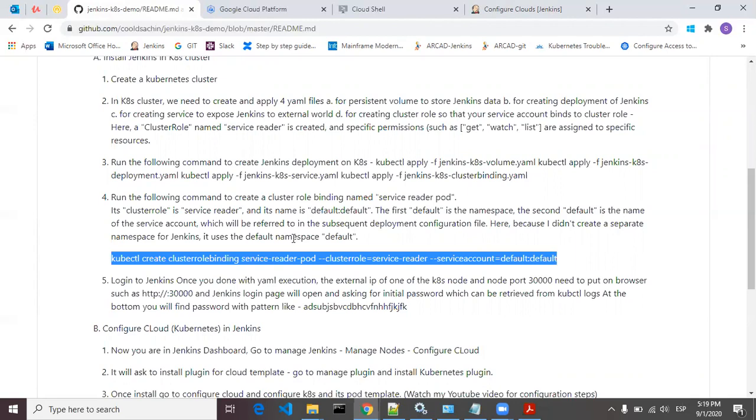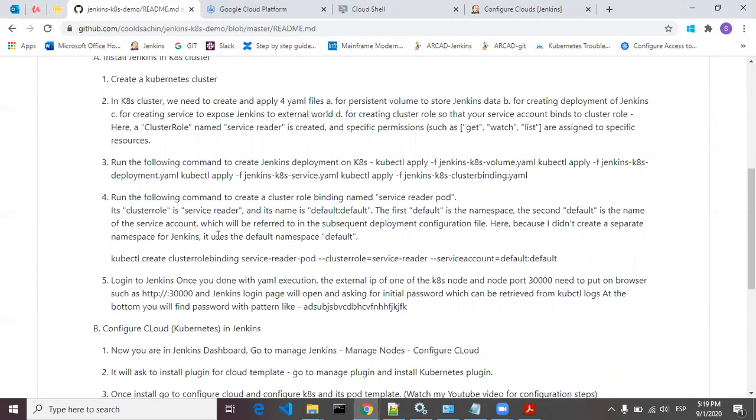So what this statement is actually saying is, its cluster role is service reader. We have created a cluster role and its name is default. So the service account is default. The first default is a namespace and the second default is a service account.